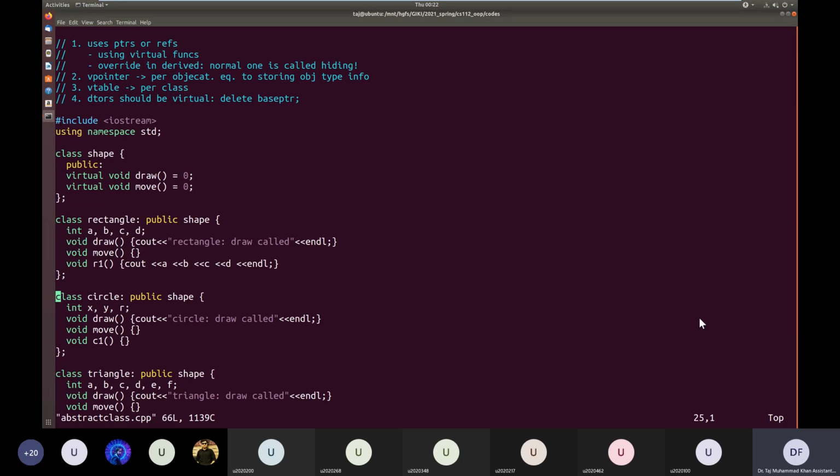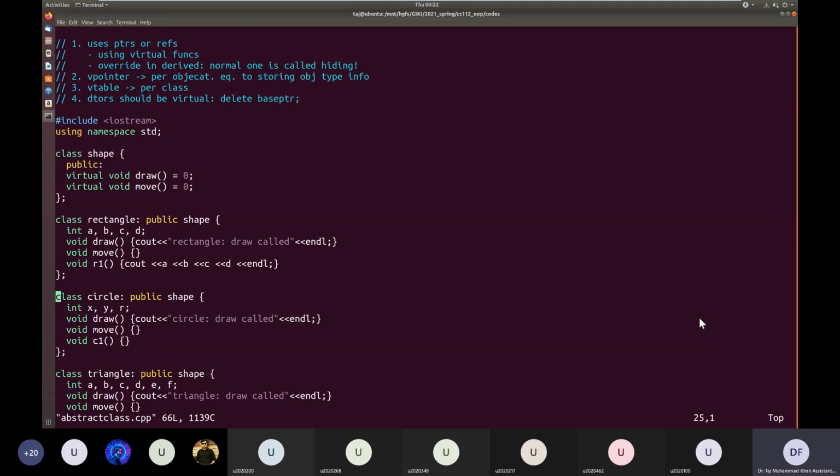Since all of the derived classes are implementing the same functions, we can use the base pointer, the pointer to the class shape, to access the objects of the derived classes and call their respective function implementations using polymorphism. So it is to provide a common interface across the derived classes.